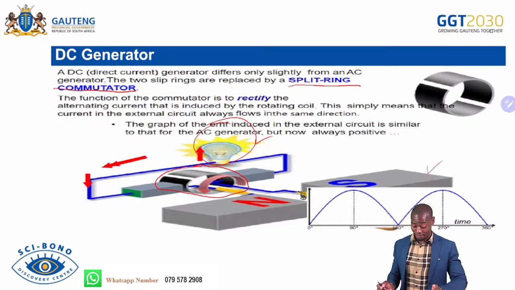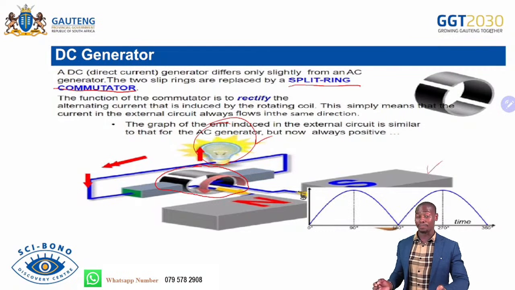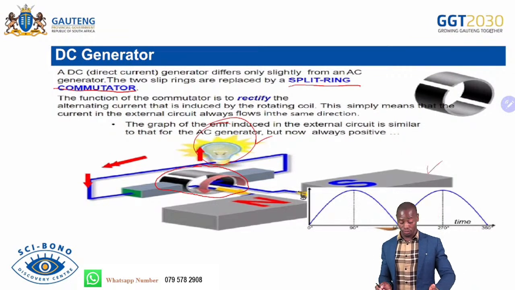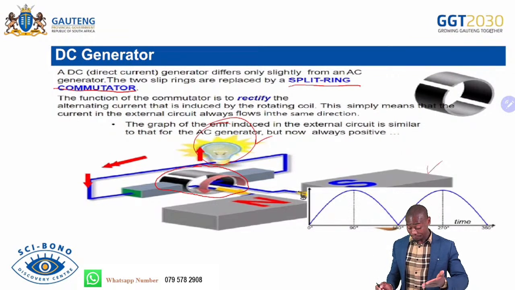It's different from the slip ring. So this is a split ring commutator. Then the brushes are attached there. The brushes make contact, so that the induced current also flows in the external